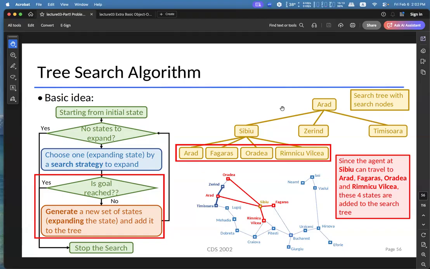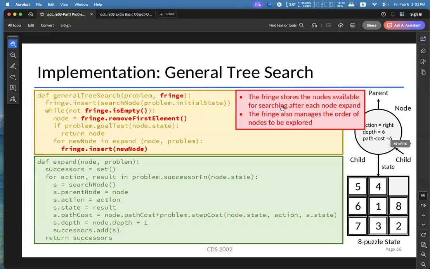Even among the leaf nodes of a tree, some nodes have a smaller depth and some nodes have a higher depth. So choosing which node to explore first is the responsibility of the fringe. In the general tree search algorithm, the fringe keeps track of the nodes that have not been explored, that is, the leaf nodes, but which node is taken up for exploration is the responsibility of the fringe.